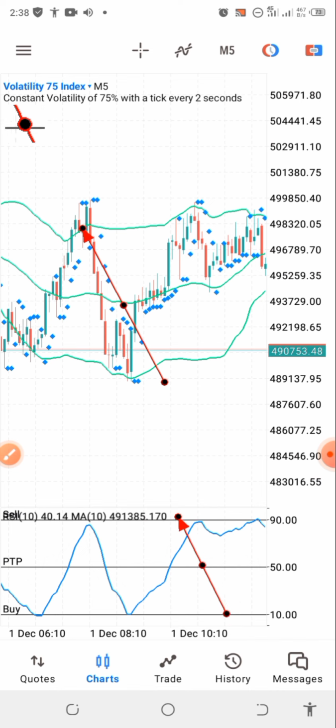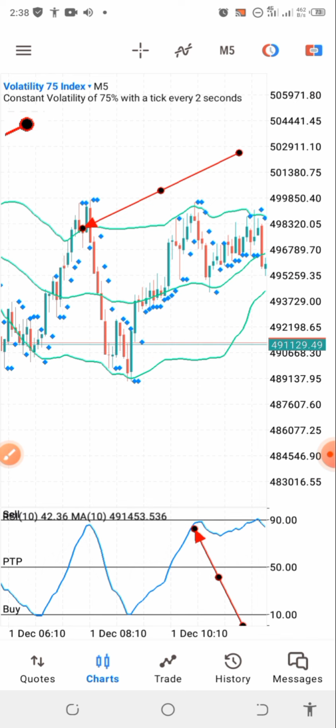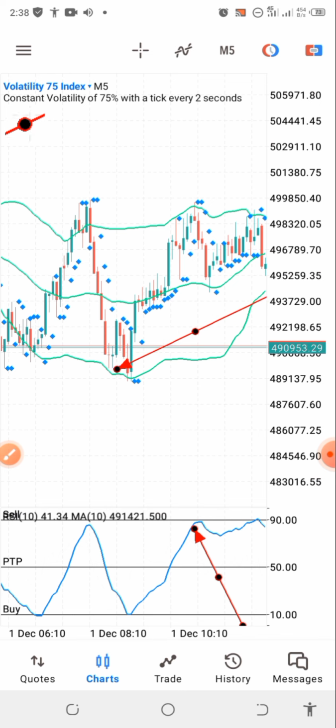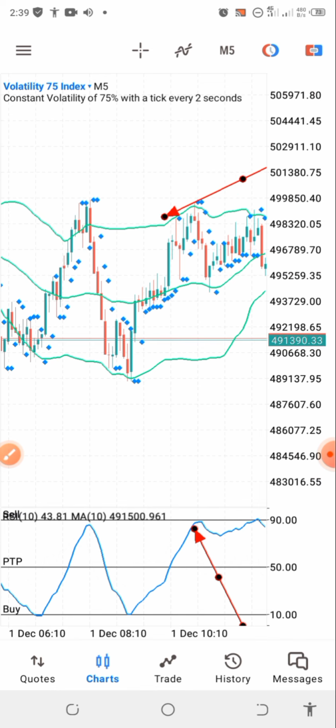Wait for clear confirmation touching the 90 levels of the RSI. Then that's when you are going to jump into your trades, and you can use two confirmations for your TP. You can use the parabolic SAR when the price is touching the last line. This is for sell. So when touching the third line, then you want to close the position. For buy, when touching the third line right at the top, then that's when you want to close your position, or you can use the RSI TP to close your position.